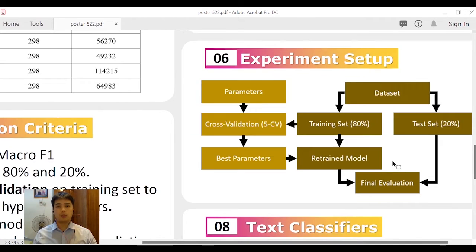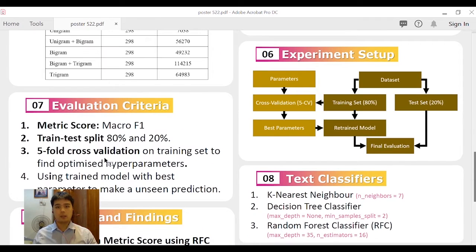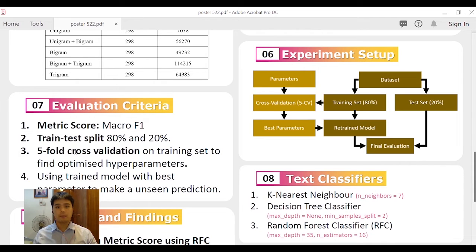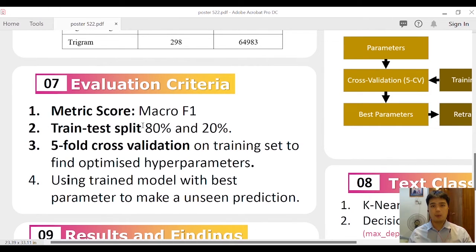The metric used for the grid search CV in the 5-fold CV is macro F1, which is preferable for multi-class classification tasks. It computes the average of the F1 score of each target class. The main reason for using macro F1 is that this project is a multi-class classification, so macro F1 can assess the average metric for the 3 class labels. Moreover, macro F1 combines the precision and recall of a classifier into a single metric by taking their harmonic mean and the average of each target class. Hence, macro F1 is chosen to evaluate the